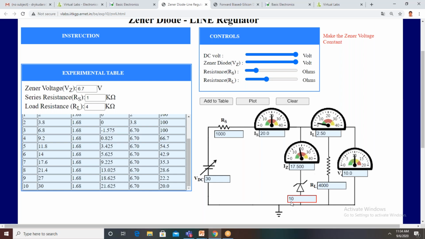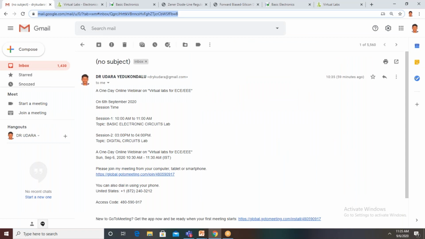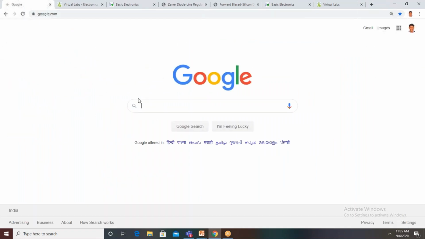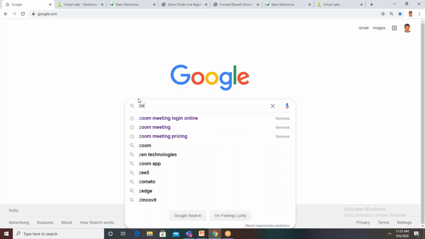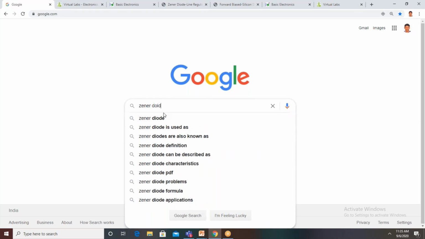There is one letter also, sir, some letter with the breakdown voltage. Suppose Z7.8, that means the breakdown voltage is 7.8 volts. The number itself is the breakdown voltage. There is no separate number for a Zener diode like the PN junction diodes 1N4001, 1N4007. Is a Zener diode number available, sir?